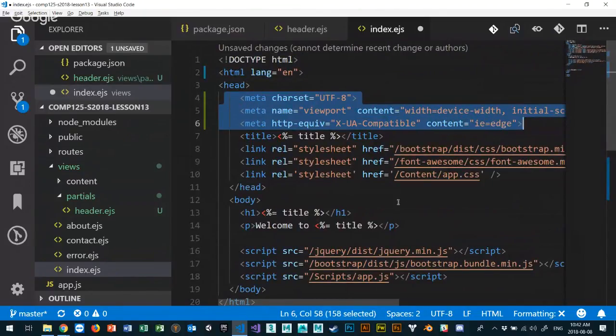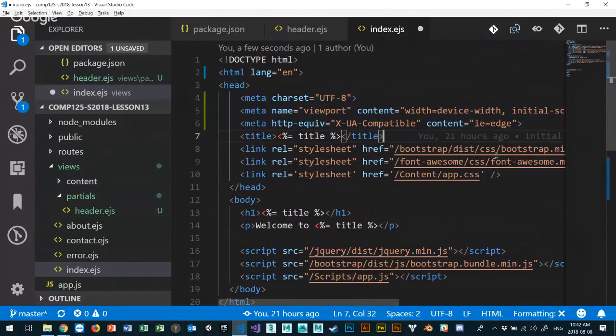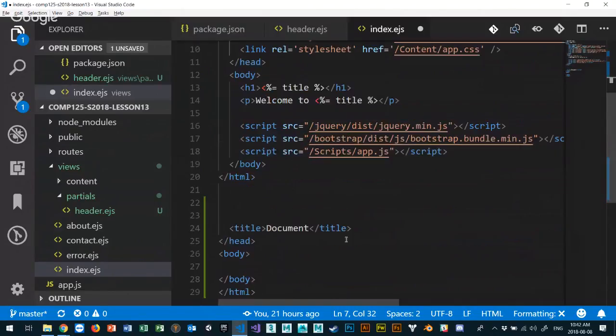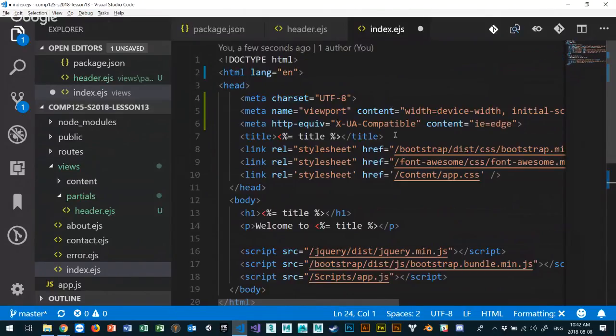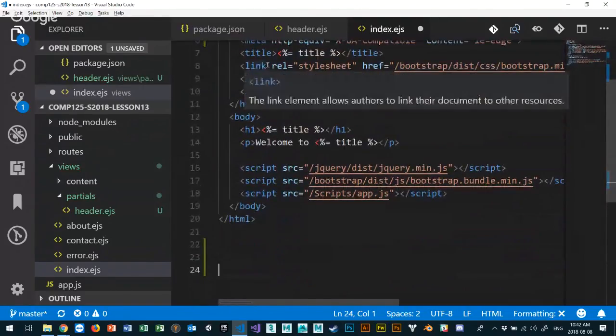Every document should have a character set, a viewport, all that stuff that we're used to having, right? This stuff is good, style sheet and Bootstrap and all that. This is right on, when we do this kind of stuff. Title should be title, sure. I'm okay with that for now. I don't need this part right now. So that was the trick I used, just to use Emmet to get me that information instead of typing it freehand. So what I really want to do is in my